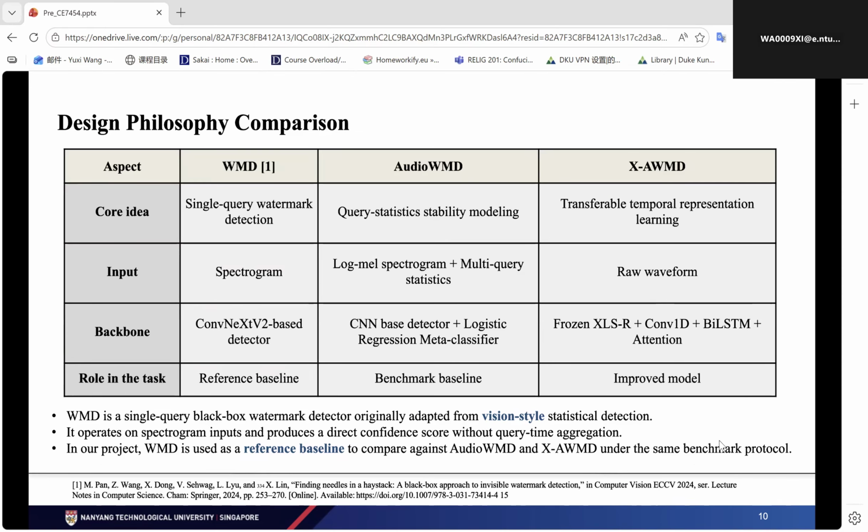And here is a brief conclusion of our architecture we want to compare here. We provide a direct comparison of the design philosophies of the 3 detectors evaluated in our experiments. The reference baseline WMD originates from vision-style detection, relying on spectrograms and a convolutional backbone to output a direct score from a single query. And audio WMD, serving as the benchmark baseline, introduces stability-aware modeling by aggregating multi-query statistics using a CNN and logistic